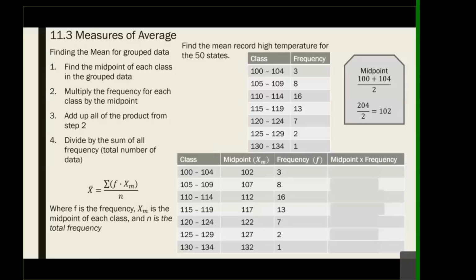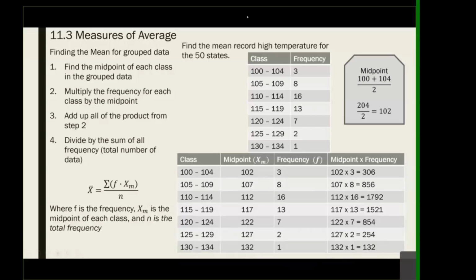Once we have this, the next step is we take the midpoint, 102, times the frequency, 102 times 3 to give you 306, 107 times 8 to give you 856, 112 times 16 to give you 1792, and so on and so forth, meaning you take each midpoint times the frequency. So this is what we have to do: step 1, find the midpoint. Step 2, find the multiplication of the midpoint times the frequency, or the frequency times